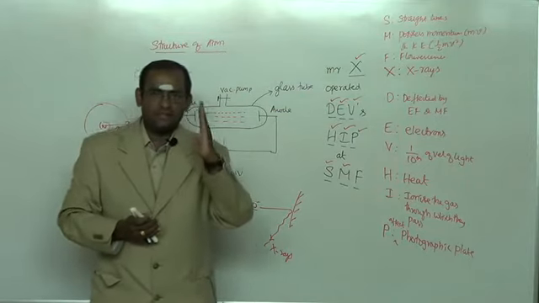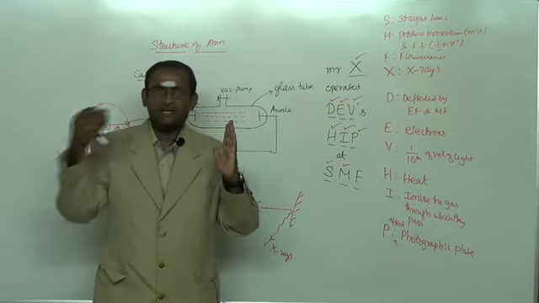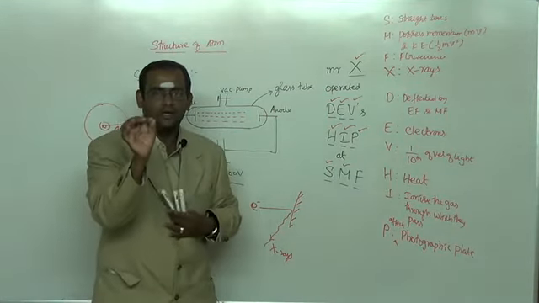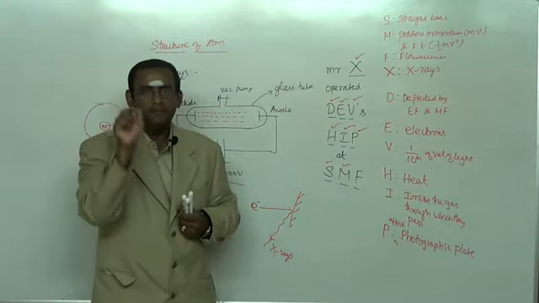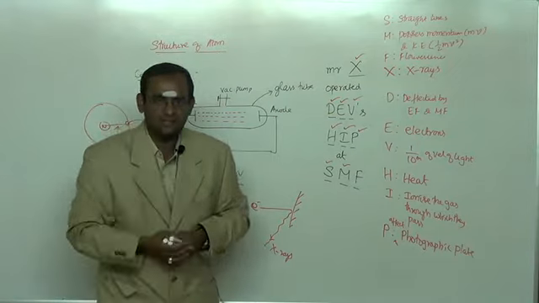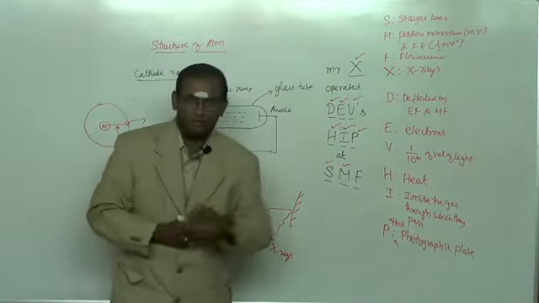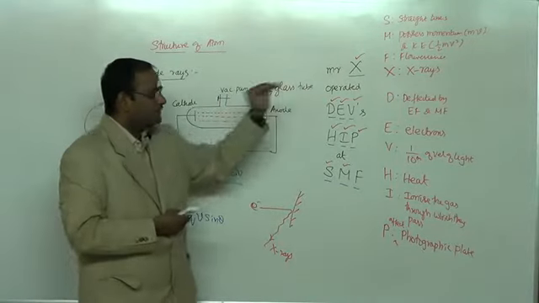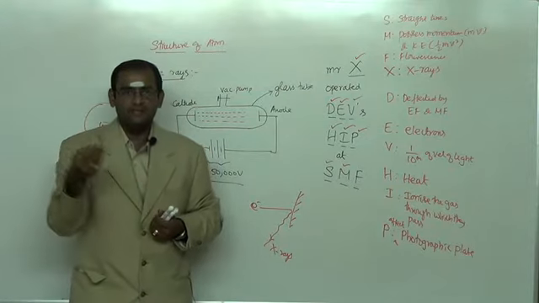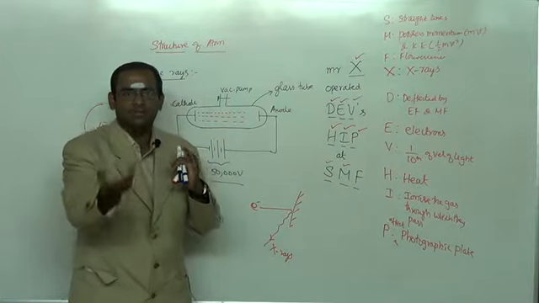Whenever a sheet is coated with fluorescent materials, when electrons bombard this material, a spot is observed at the point of contact. That spot, the effect, is called scintillation. That scintillation is because of the property called fluorescence. What fluorescence exactly is: whenever a high energy system comes in contact with matter, the high energy gets converted to visible energy.